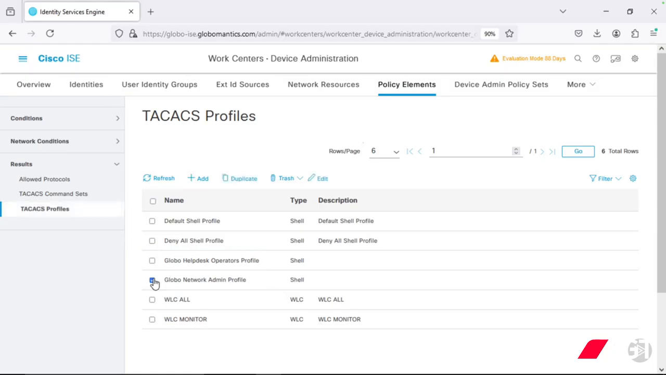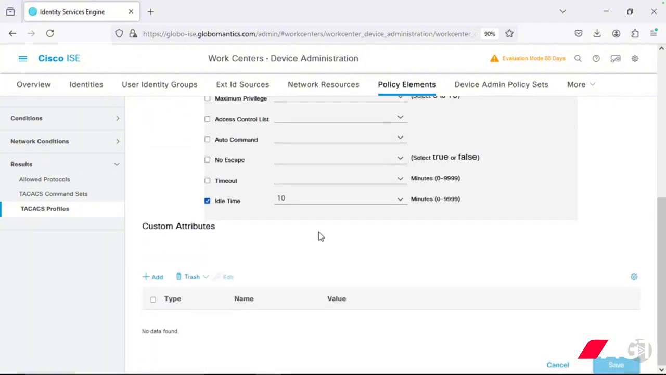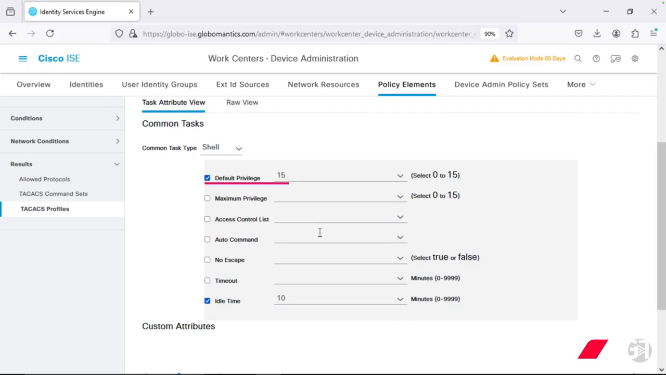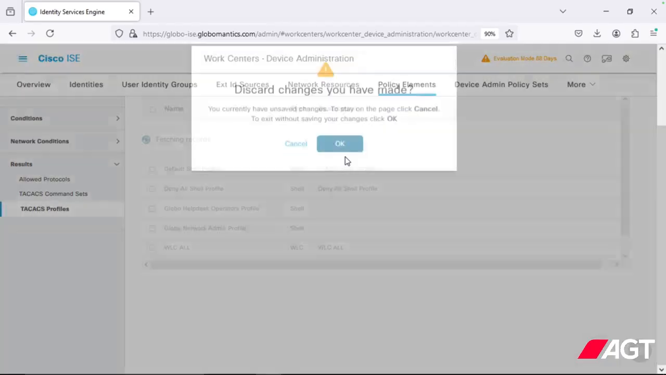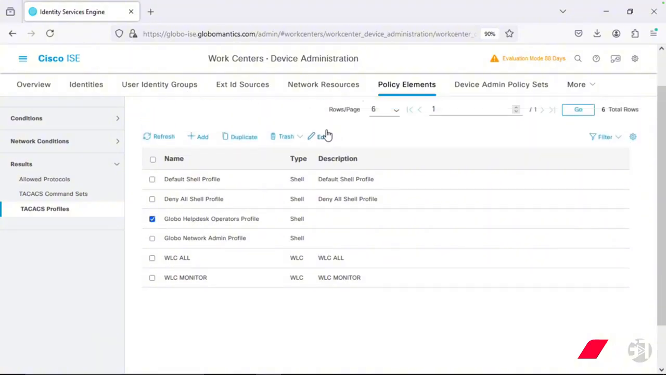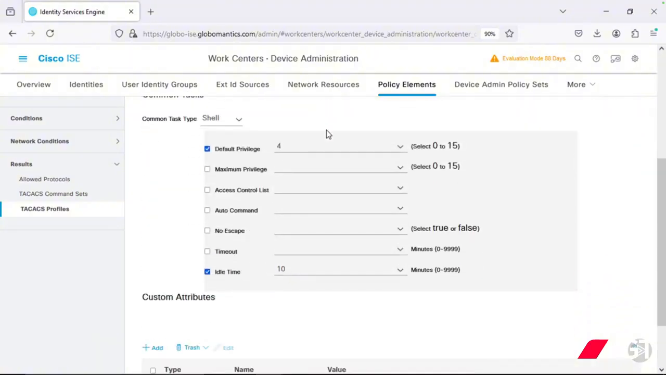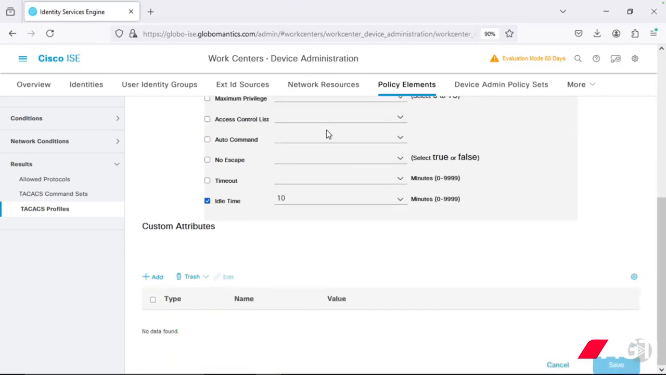So first, let's go into that network admin profile, click it, and then click Edit. And then scrolling down, the settings that I configured were to place any admin directly into default privilege 15, which is the highest. And I set the idle timeout for 10 minutes. But as you can see here, there's more options that you can configure. This looks good, so go ahead and cancel out of this. And then looking at the help desk operator profile, scrolling down, the only change here is that the default privilege is 4. And if you wanted to, you could add some custom attributes, but I'm good with all the defaults,